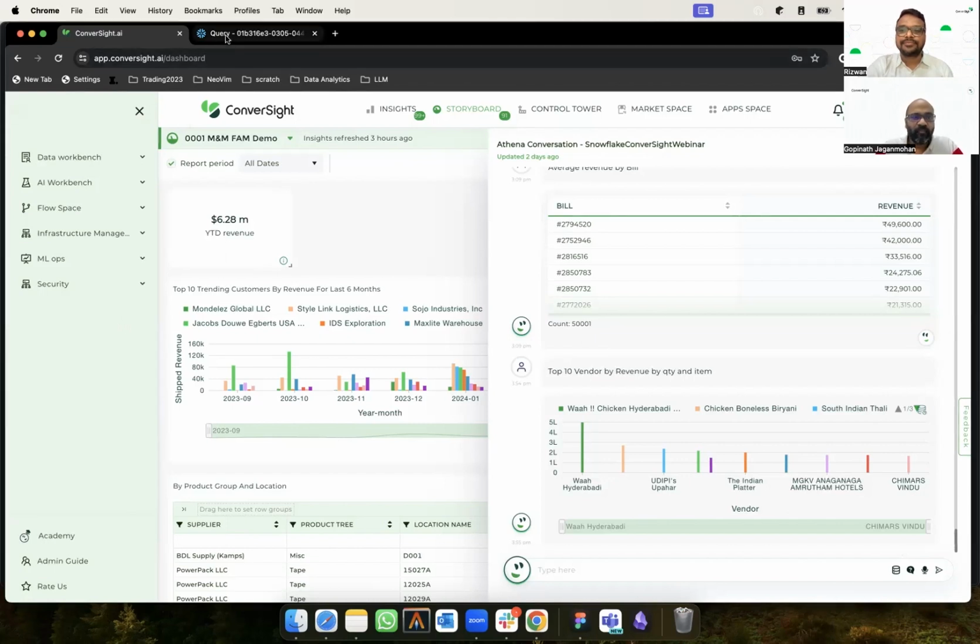Yeah. So the data resides in Snowflake within the customer environment, and it is not moved. When you ask a question, it creates these queries on the fly. It fires them back to Snowflake, pulls the information, and visualizes it here. So the data resides within the source, and the query is executed there. The data is not being moved.